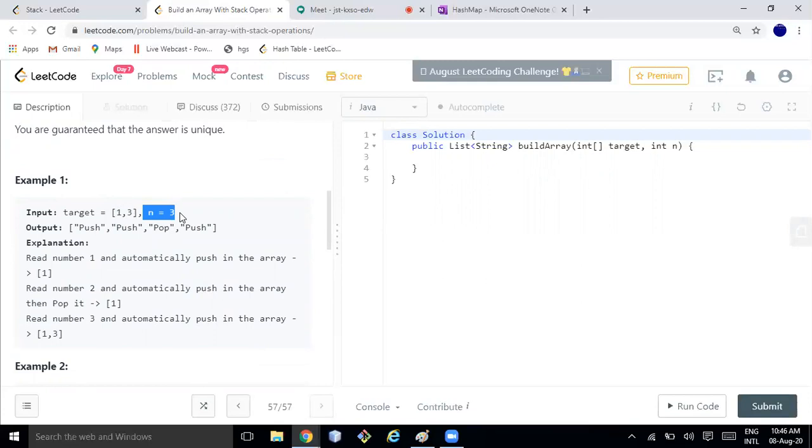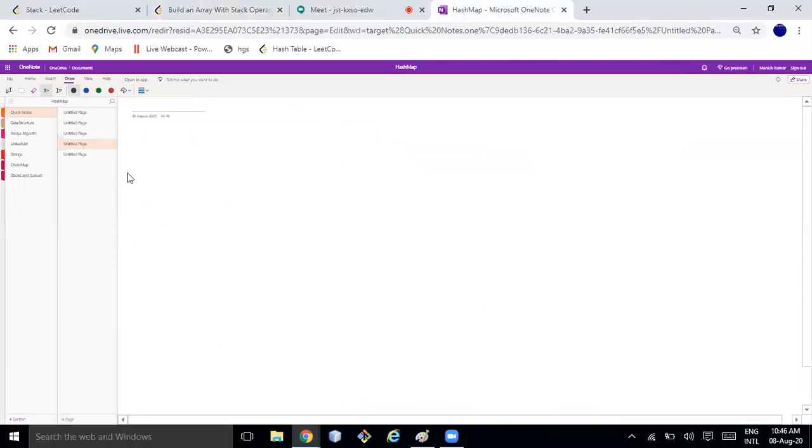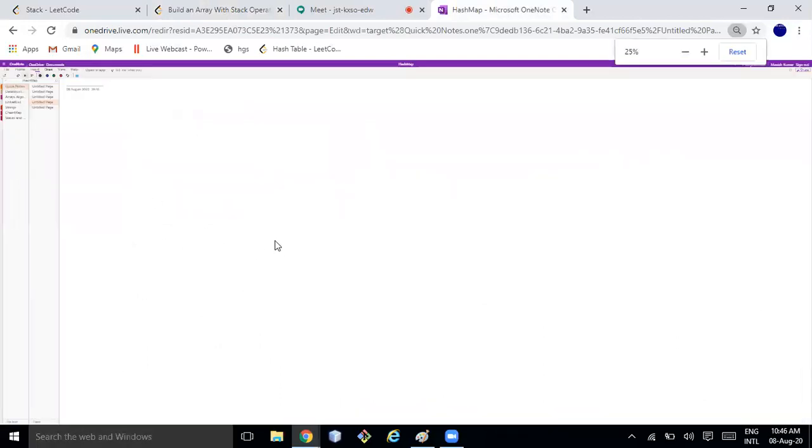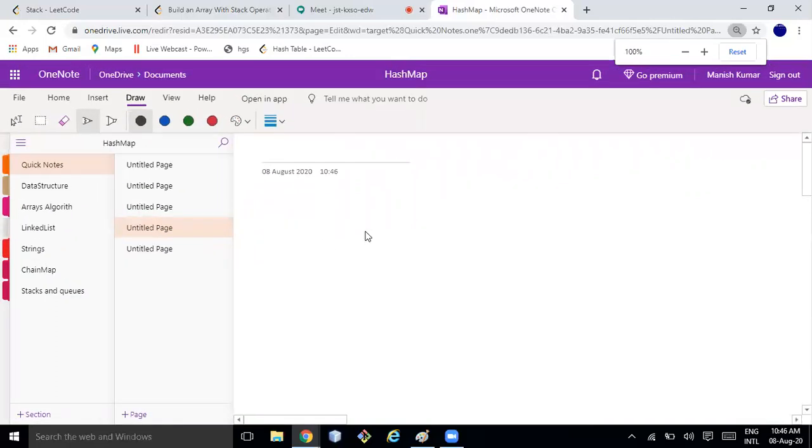What does n equal to 3 mean? Let me explain it here, that would be better. Suppose you are given something like 1, 3, 5, and whatever at the end.